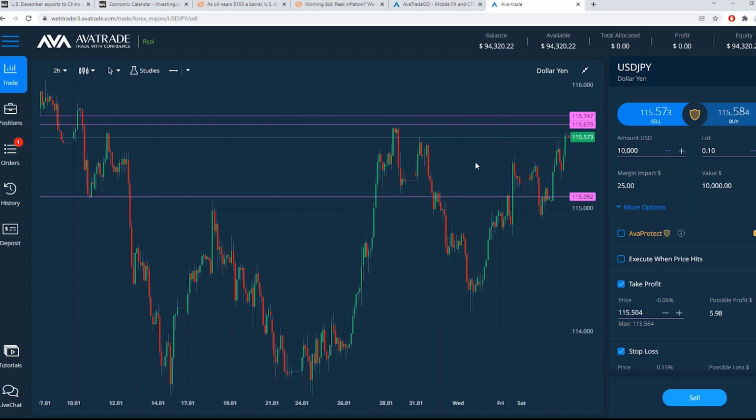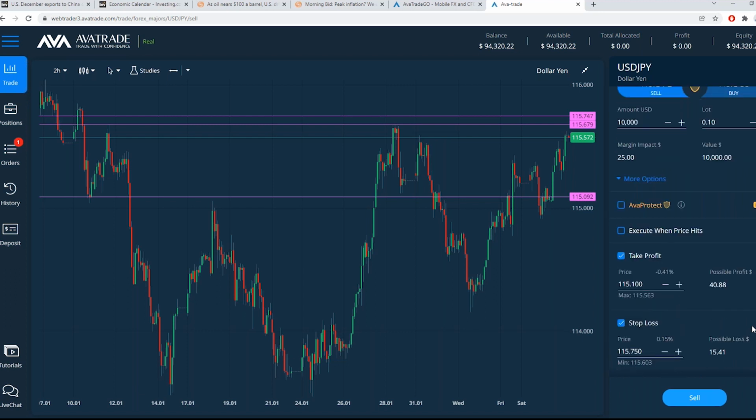So on this move, if you're more of a scalp type move, maybe you don't want to be too greedy and you're saying, okay, if it hits 115.10, just above this support resistance area here, maybe that's a spot you'd want to take profit as an example. So take profit 115.10. Stop loss, we have it up here at 115.75. And so we say, okay, that's nice. Better than 2-to-1 potential profit to possible loss.